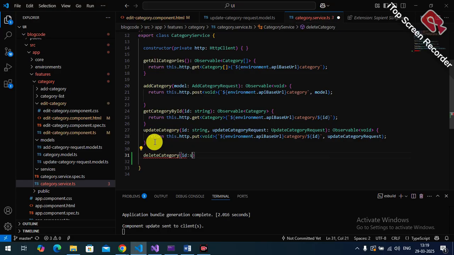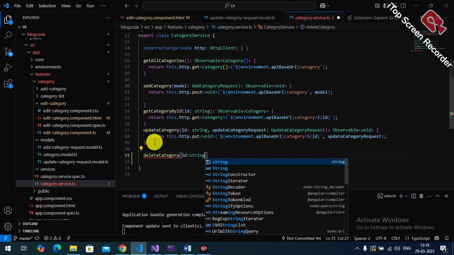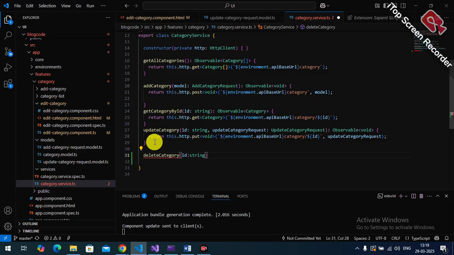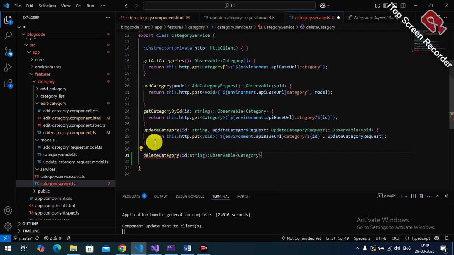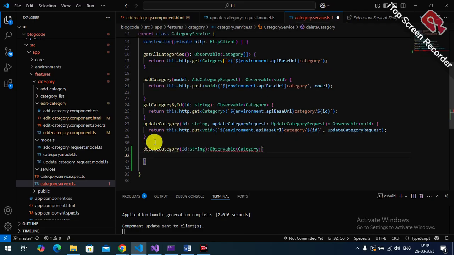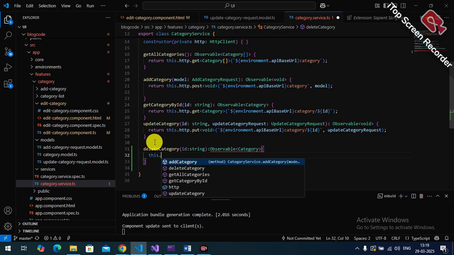I write ID, and then it returns an observable of categories in brackets. And then what we need to write? This dot http dot